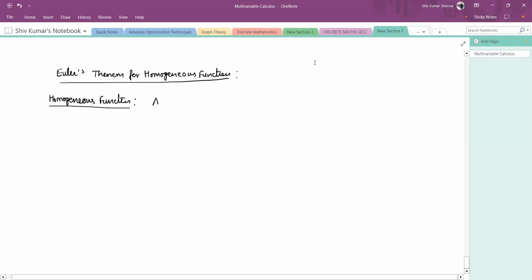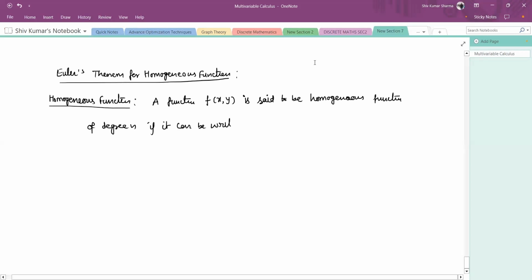So, the definition of a homogeneous function: a function f(x, y) is said to be a homogeneous function of degree n if it can be written as f(x, y) is equal to